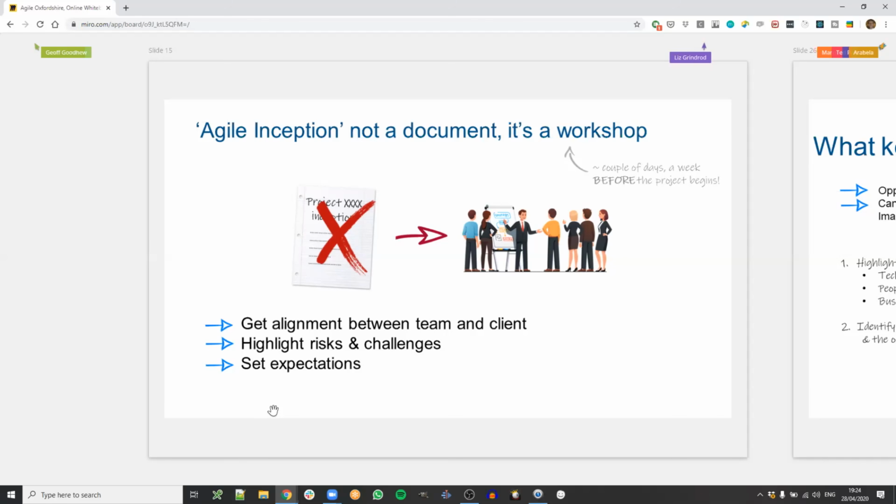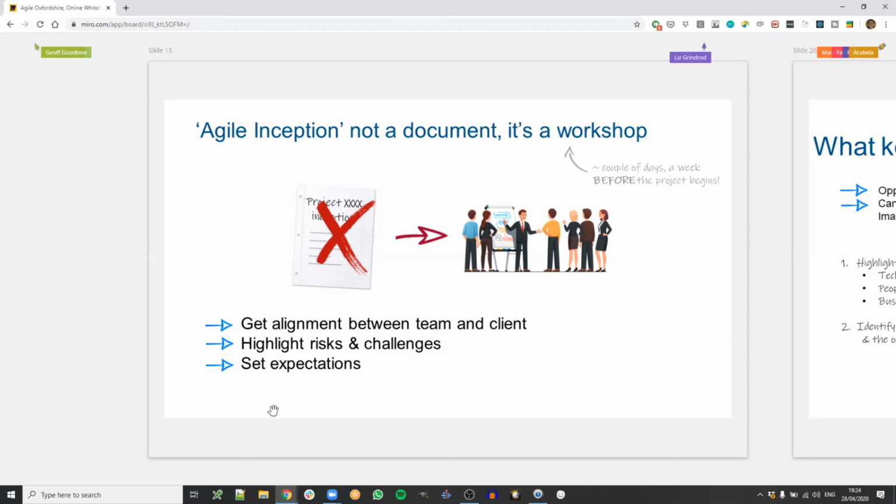It's a thing you do rather than an artifact. It could be a couple of days, it could be a couple of hours, it could be weeks, and that's before you really start implementing anything. Again, the aim is to get alignment between the team and the client or the users, to highlight the risks and the challenges, and set expectations.